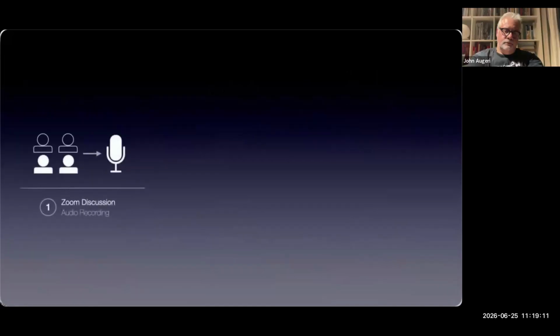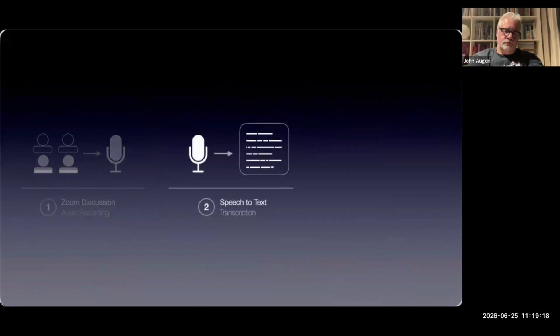Practically speaking, once again, we have been using the audio recording from the Zoom discussions. Then we have been conducting a speech-to-text transcription. We use different systems for that. In Japan, we used HyLabel, which is a Japanese system. For Belgium and US, so for Dutch language and English, we used OpenAI Whisper and then Google Translate because it was producing better results.